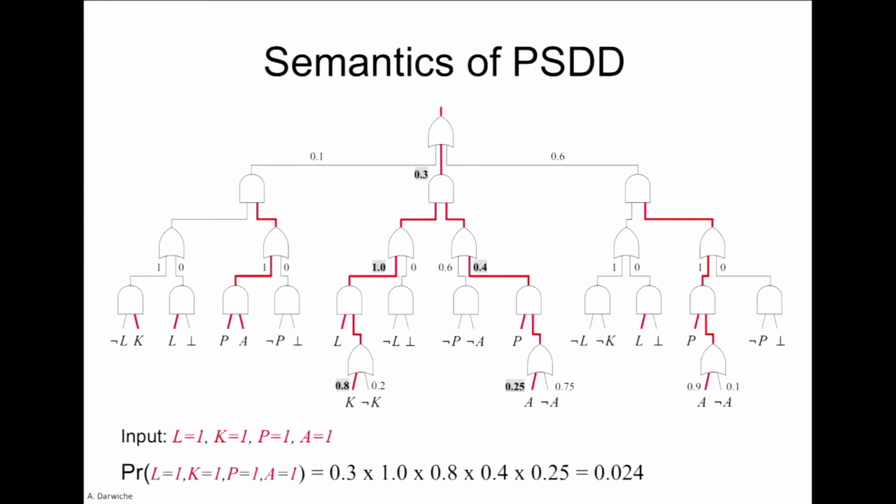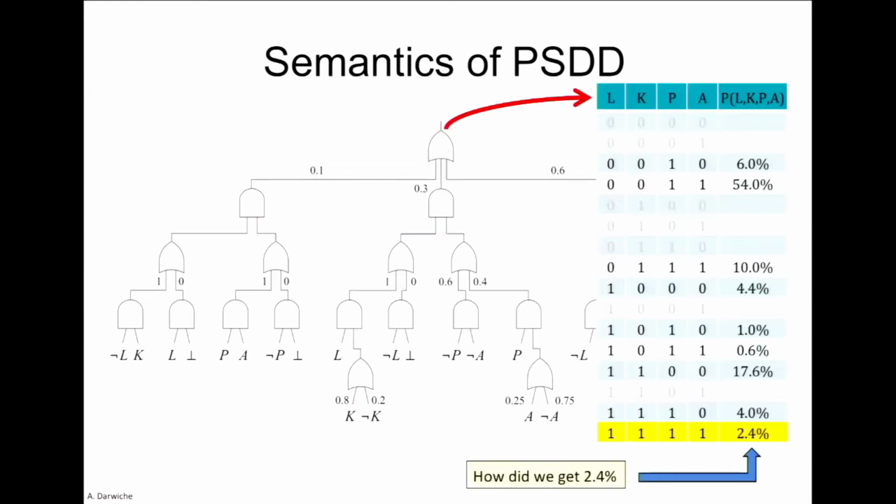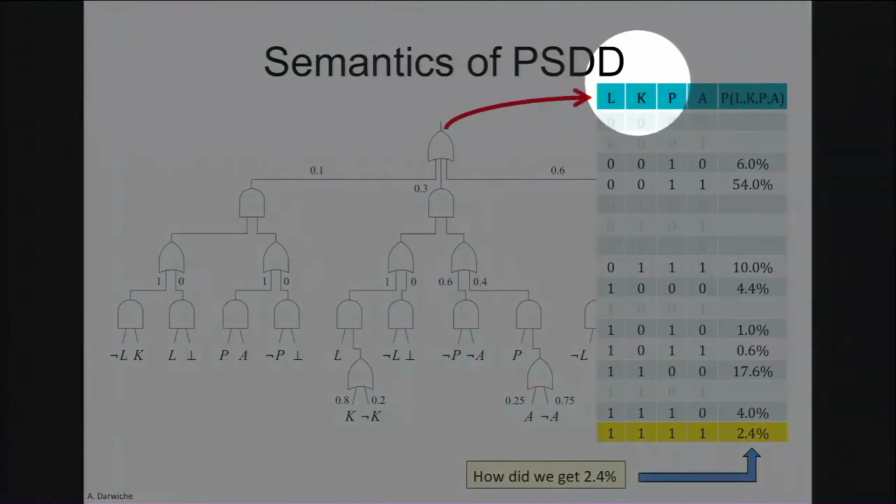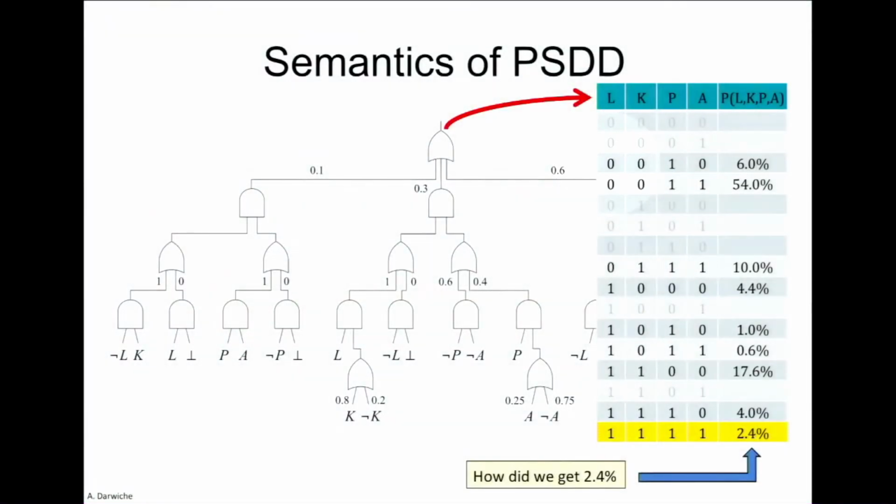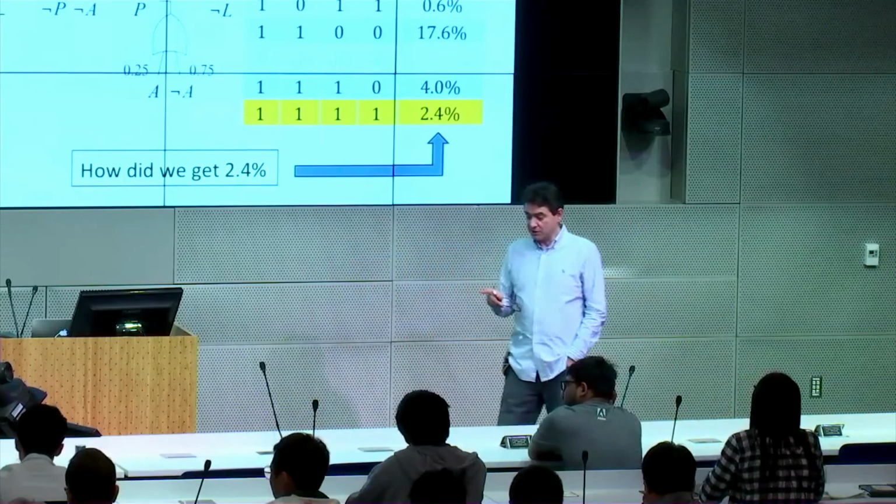What is a structured probability space? If you look at, again, LKPA, the unstructured space is all 16 combinations. The subset of it that we care about is called the structured space. It's a subset of the unstructured space. So this class of circuits is particularly useful when you have a lot of logical constraints or you have distributions that assign a lot of 0 probabilities to things. Any question on this